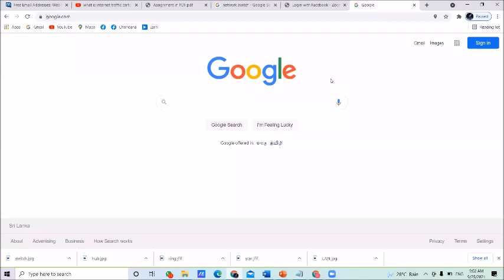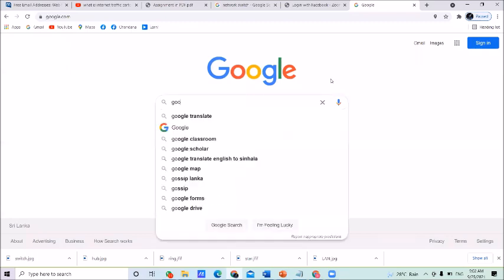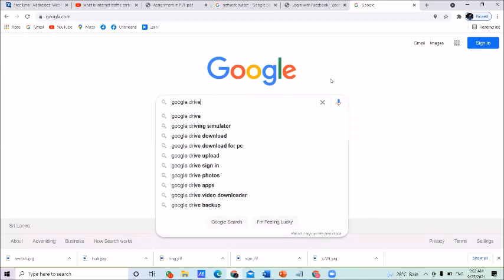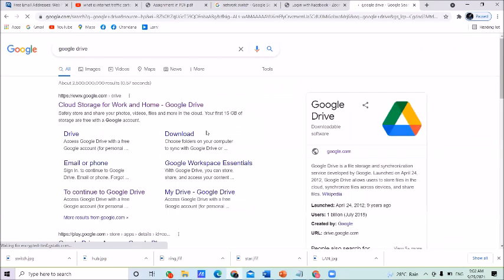After that, go to the screen and type Google Drive here in the search bar. Right. Once you type Google Drive here, you can select Google Drive from the list, or click on the search button.